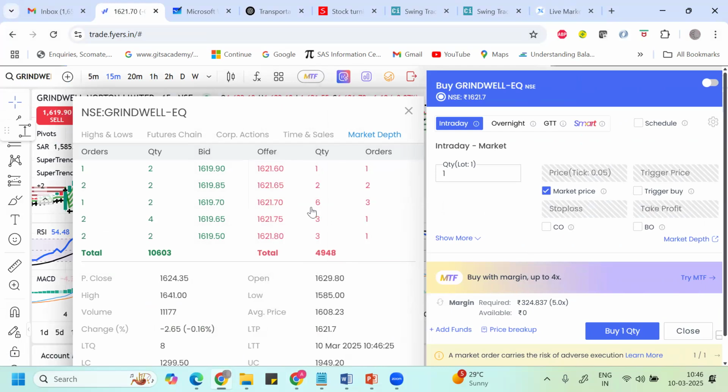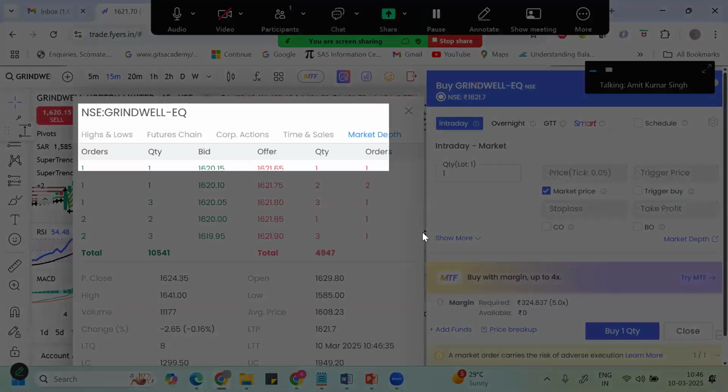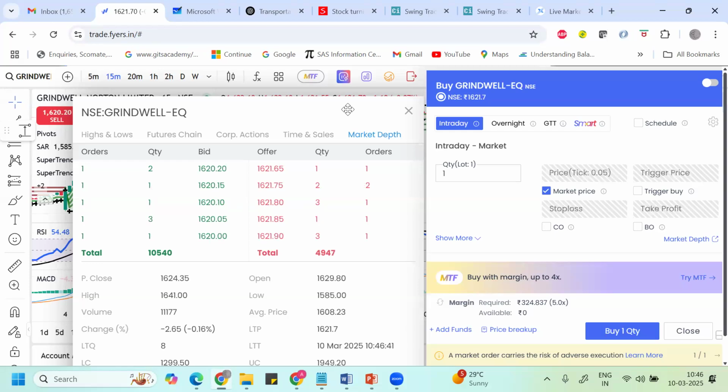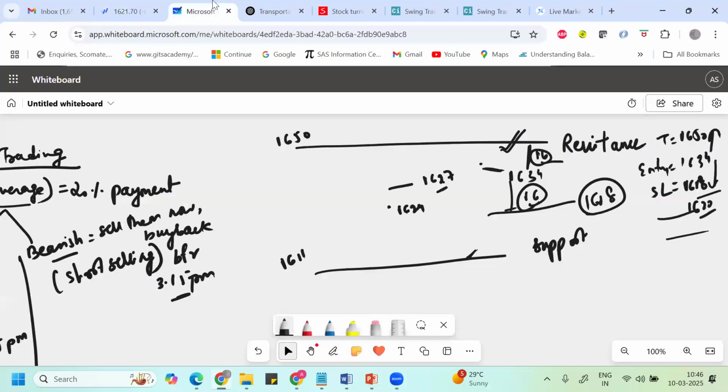Bid quote is the quote of buyers. It's an auction market. When you're trading in the market, it's an auction market where people are buying and people are selling. In red color, what you see is the ask quote, where you can see the demand and supply of the seller. So you can see bid quote and ask quote, where people are buying and